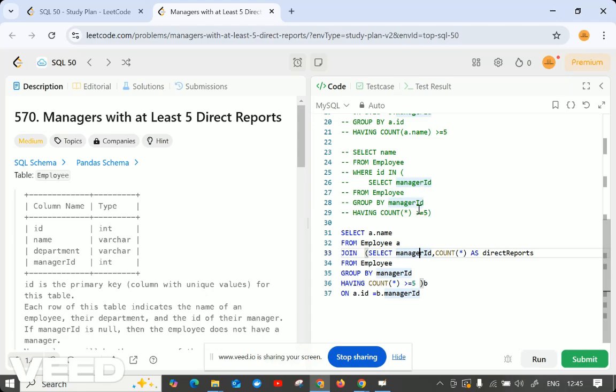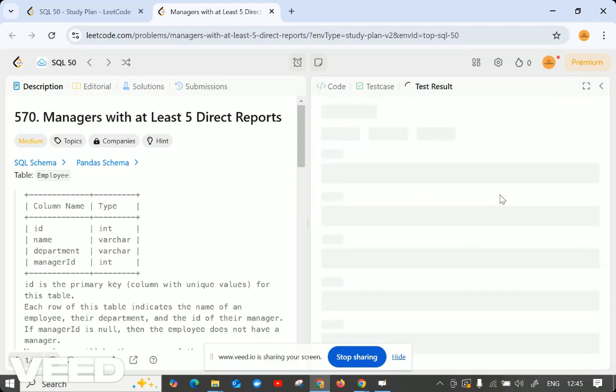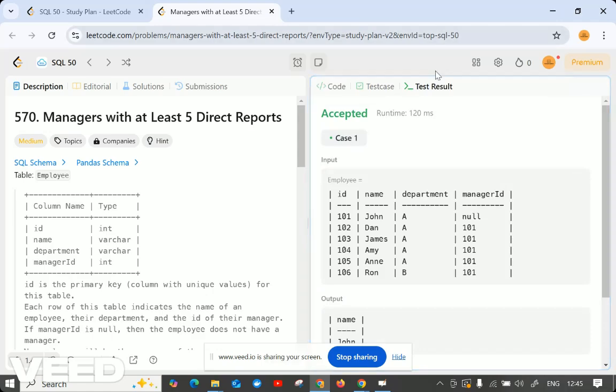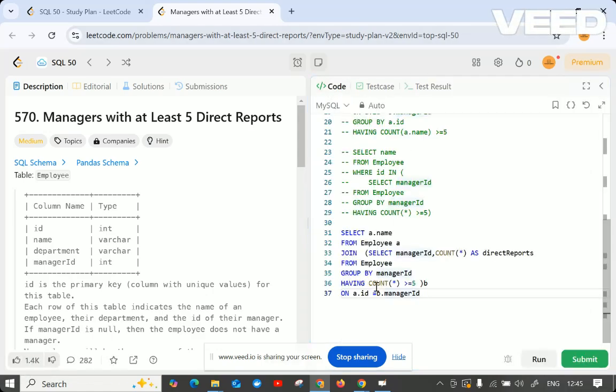These two things are the same, but having that subquery in the place of a join as a table, and here as a where condition. You understood, right? I'm just running this to make sure whether it works or not. So this is also accepted. So this also works. The inner query we can write with the join. The subquery we can write with the where condition. So we are actually getting the manager IDs first, which have a count greater than 5, and then using those IDs we are getting the name of the employee from the actual table.